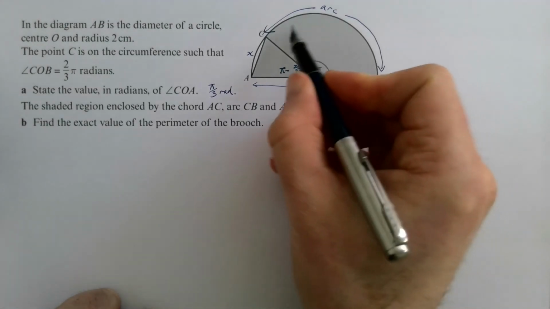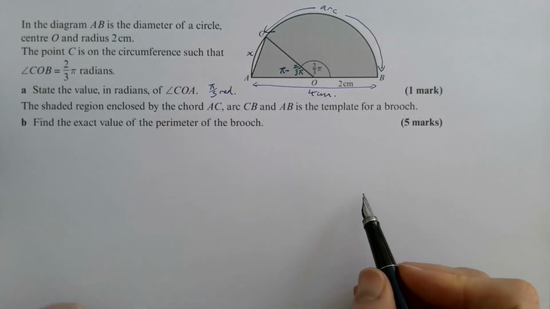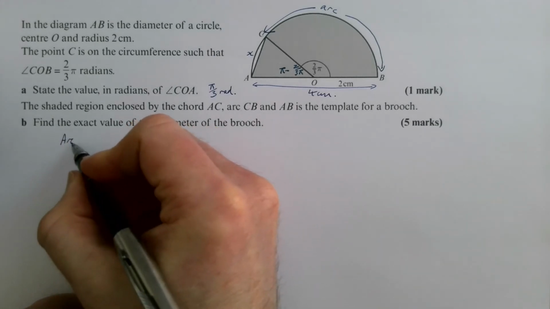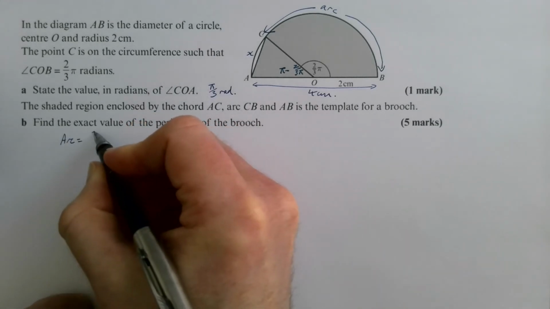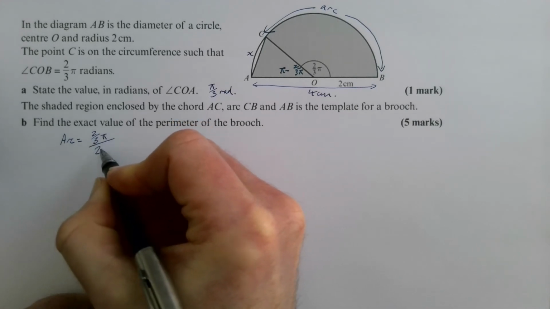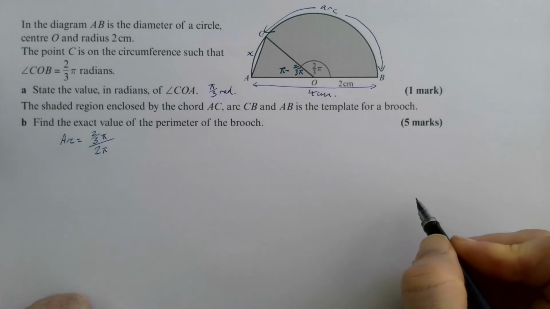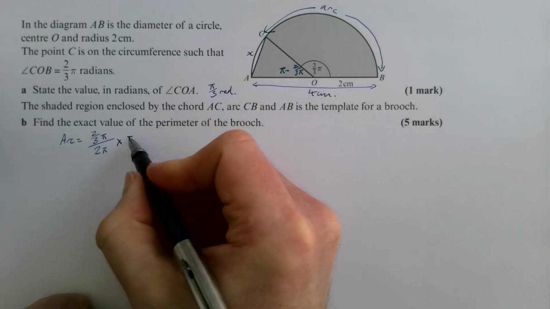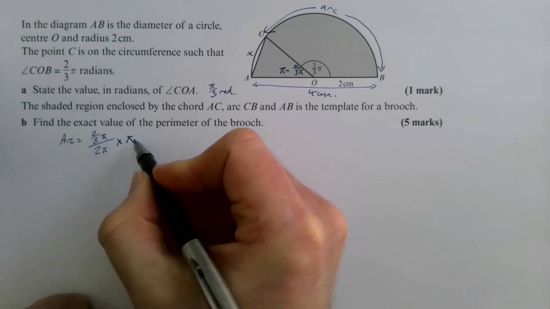The arc we can do the same way that we've been doing before. So the arc is going to be 2/3 of pi out of my whole circle times pi